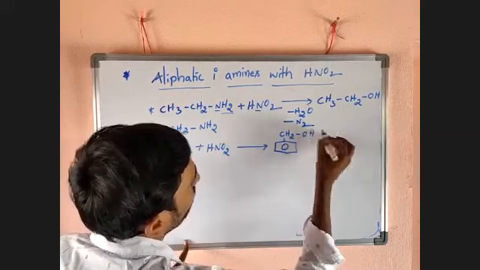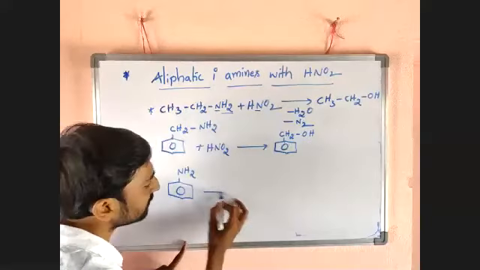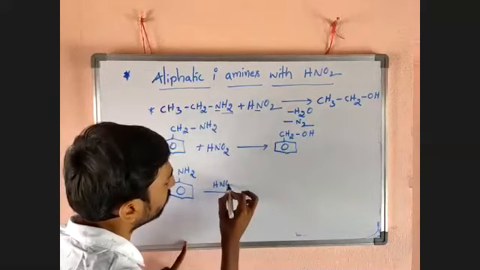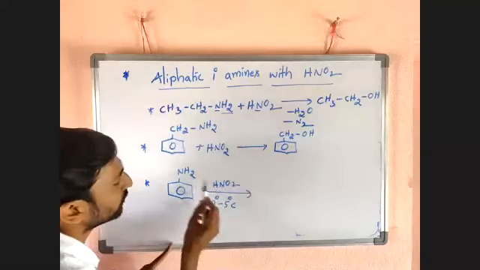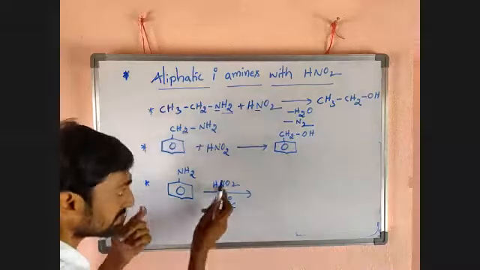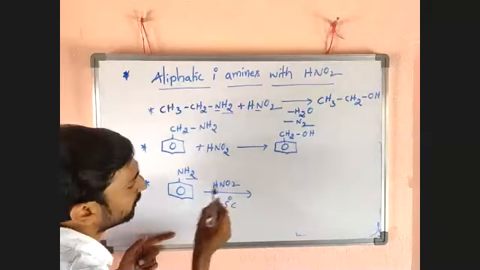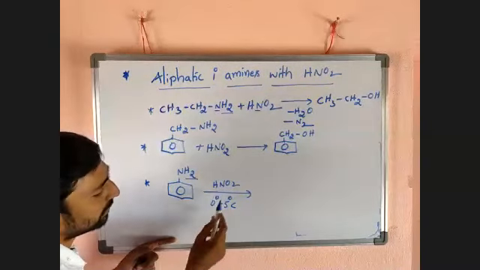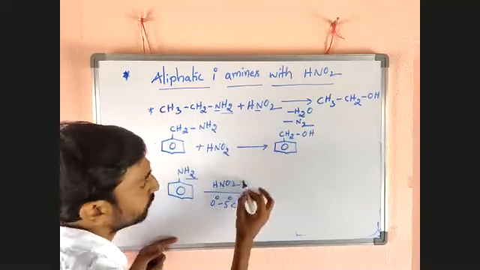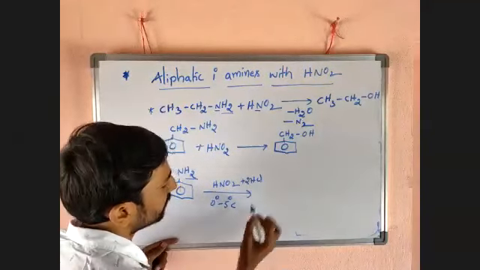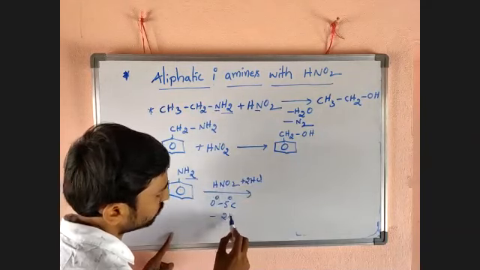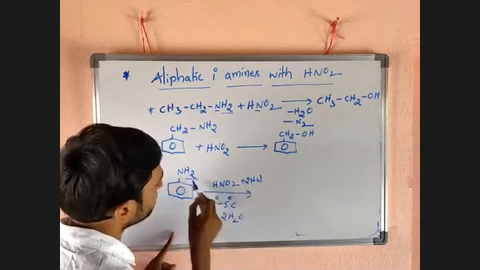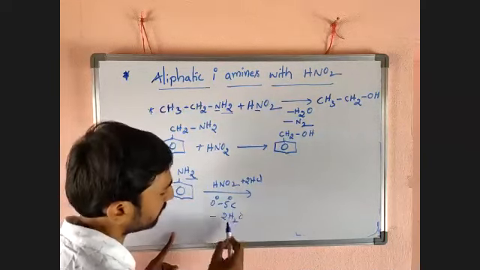CH2OH. Now, in this case, take HNO2 at 0 to 5 degrees centigrade. N2 is not eliminated here; H2O is eliminated. How to take HCl also in this reaction? We have to take 2 HCl. Here 2 hydrogens and 1 oxygen minus 2 H2. Here 2 hydrogens, here 2 hydrogens: 4 hydrogens, 2 oxygens minus 2 H2.